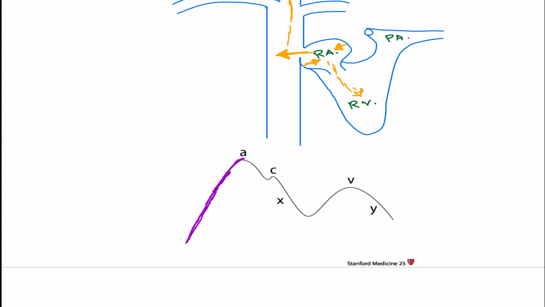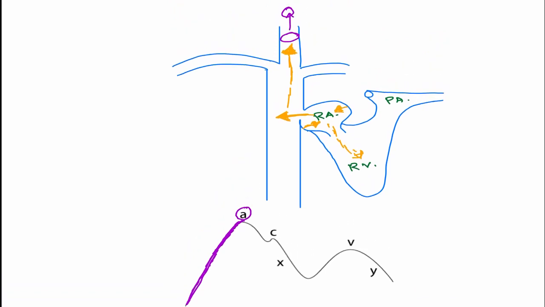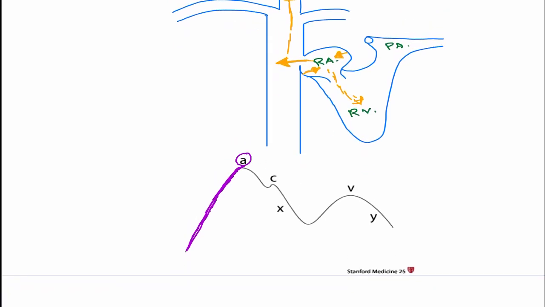Okay, there is an upstroke wave. So this upstroke wave is called the A wave. So this is the first wave system of the heart, or in the JVP. Okay, now what happens once there has been a right atrial contraction and the A wave is formed? What happens